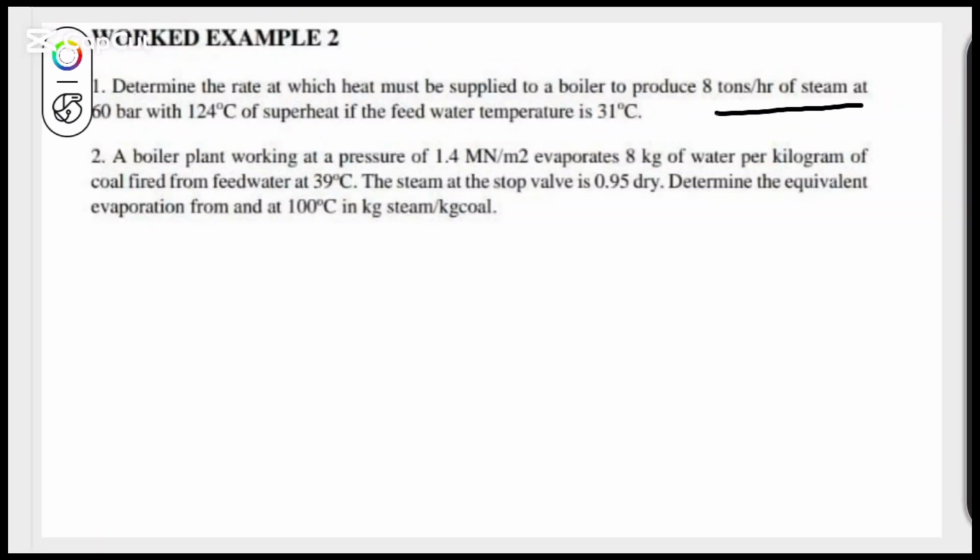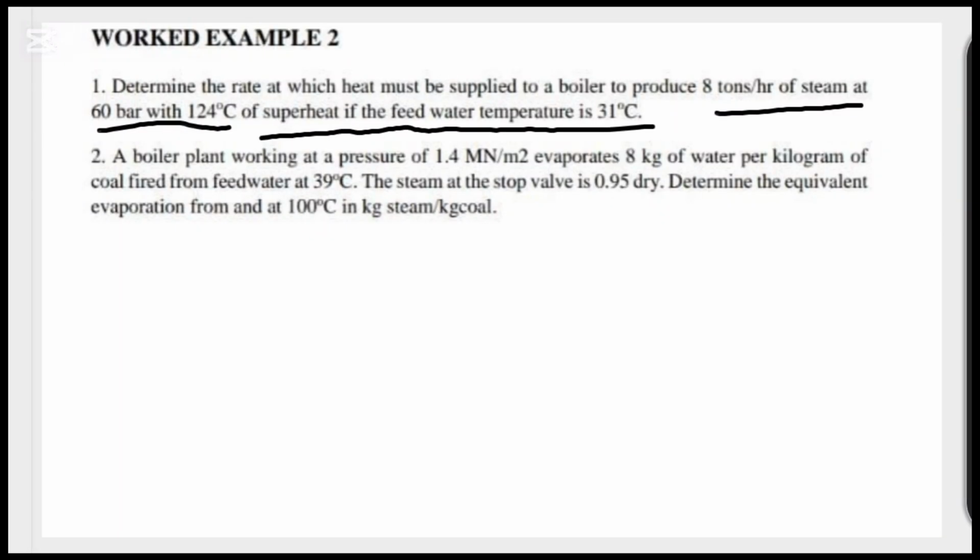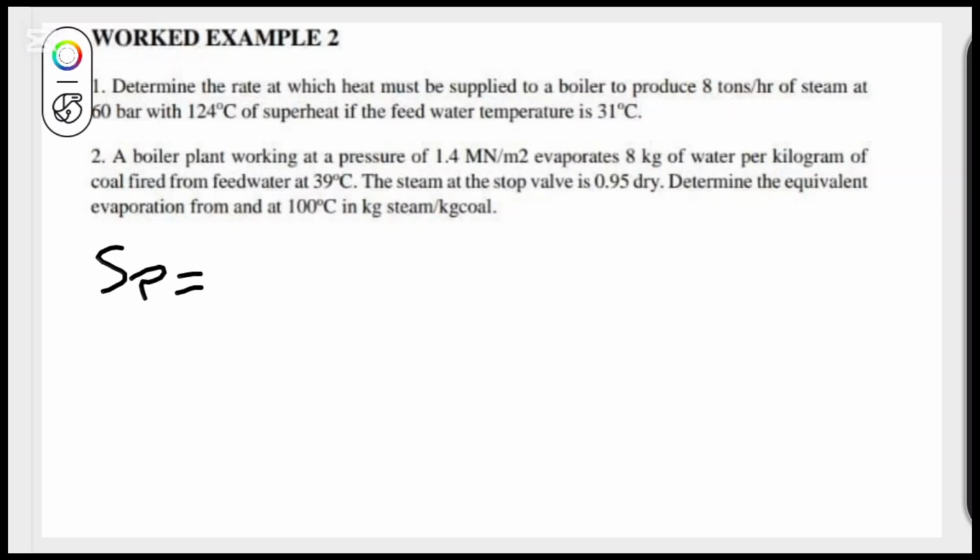8 tons per hour of what? Of steam at 60 bar with 124 degrees Celsius of superheat, if the feed water temperature is 31 degrees. So the first thing that I'm going to do is figure out the data. You have to take note that the steam production, SP, is the same thing as 8